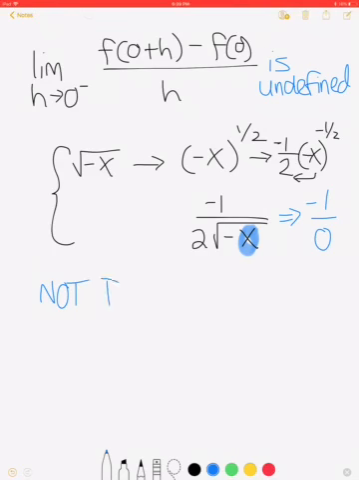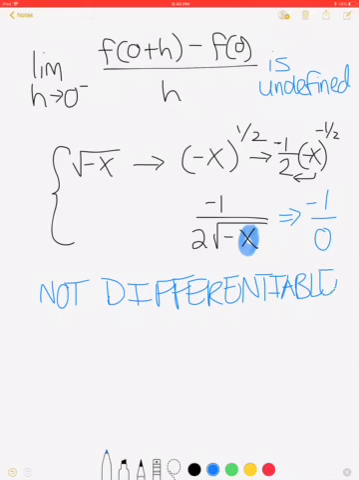So we don't even need to bother doing the right side. The same thing will happen when we do the right side, but if one of the sides is undefined, the whole thing is undefined. So not differentiable. Alright, and if you want to know what that looks like, it's this cusp graph. So you see right where it cusps right there, it gets